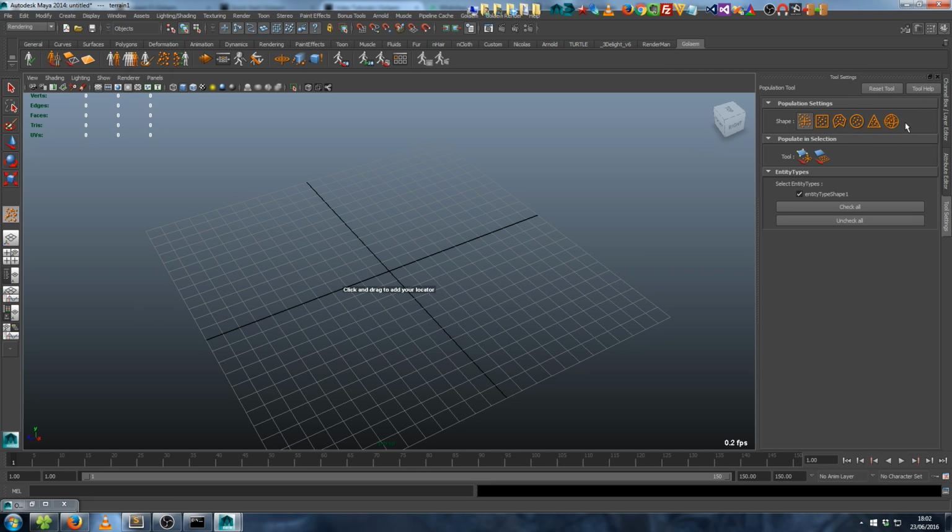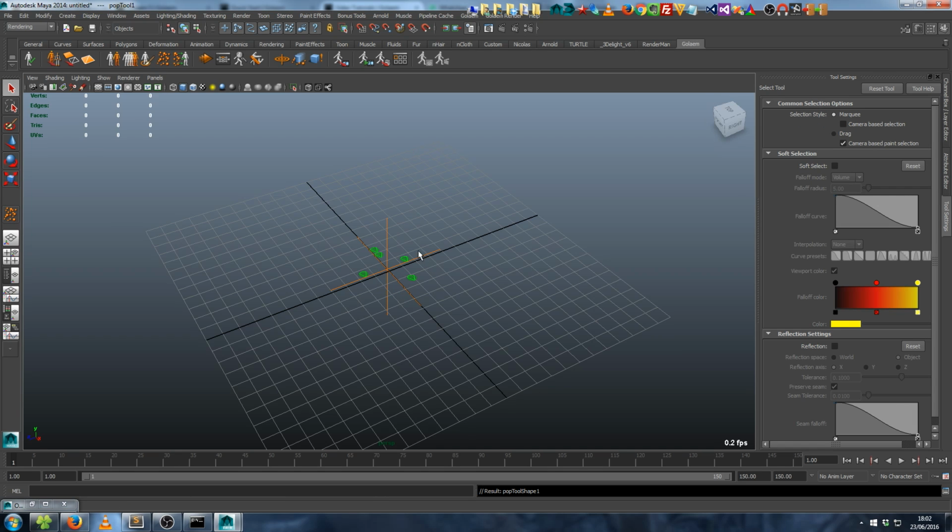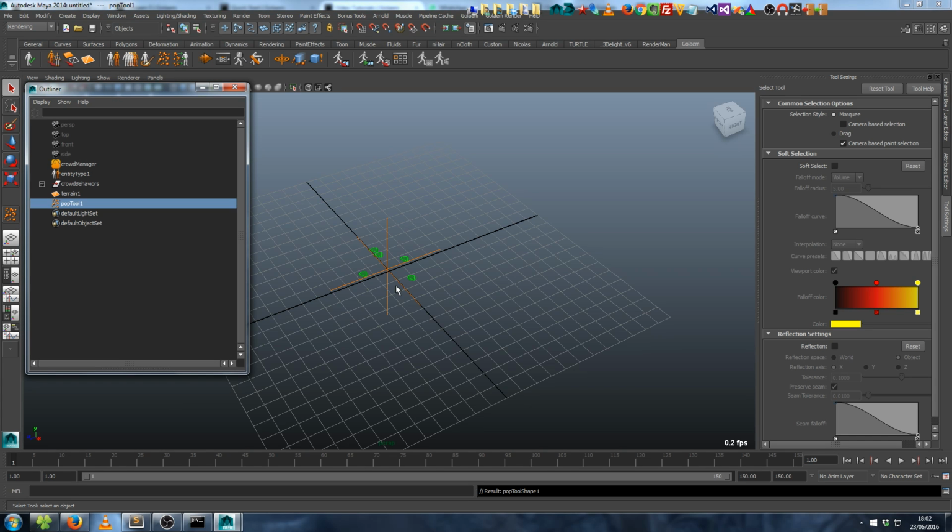You get a chance to use different shapes, or you can even select different polygons and use those selections, like vertices, edges, or faces, as a locator to place your characters. Here I'm going to stick with just the grid. So I'm just clicking once into the viewport. It's creating